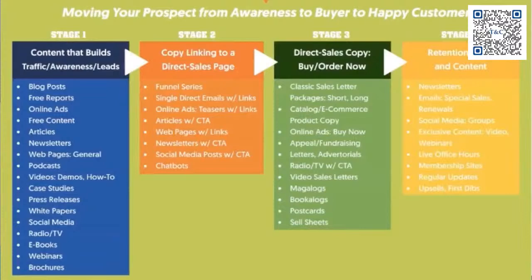From there, once you have that in place, we start to build copy that links to a direct sales page. For instance, your funnel series, now that you have them involved in your emailing, you can begin to make people aware that you're building an offer. You don't even have to have the offer yet before you start telling people that you have it. You're marketing a book or a publication or a video or a course. You want to let people know, I'm working on this and it's for you.